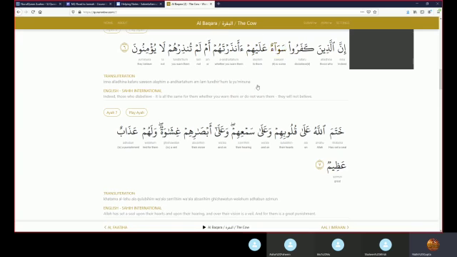Alayhim, alayhi means to them. So it is the same to them. Again, it seems like a small word, a preposition connecting two words, but just the word alayhim has a lot of meaning. When it comes to the Quran, not a single letter is without meaning. Every single letter has a lot of meaning. So alayhim means that it will make no difference to them whether you tell them or not, O Prophet ﷺ,